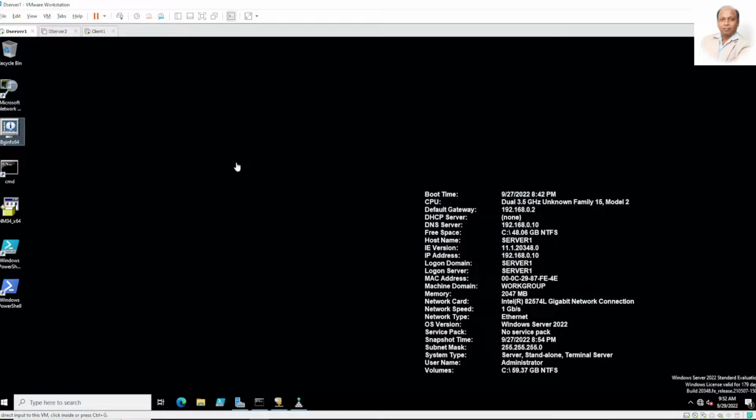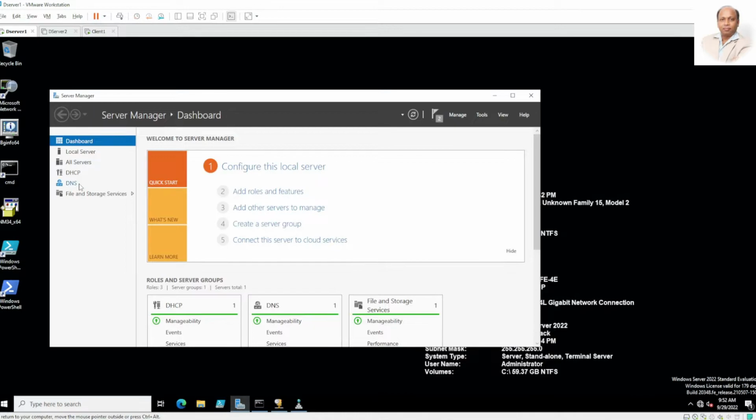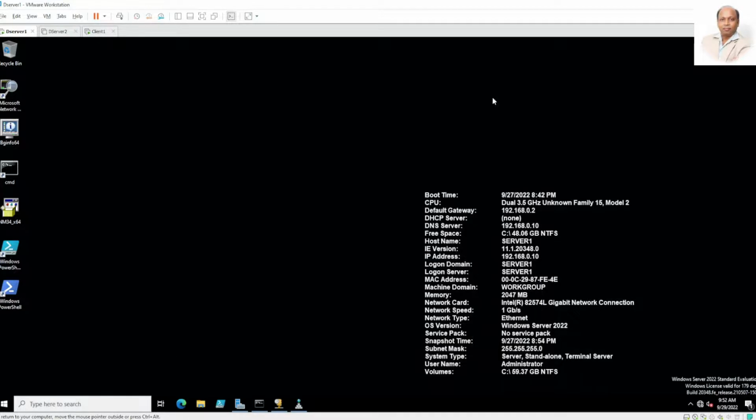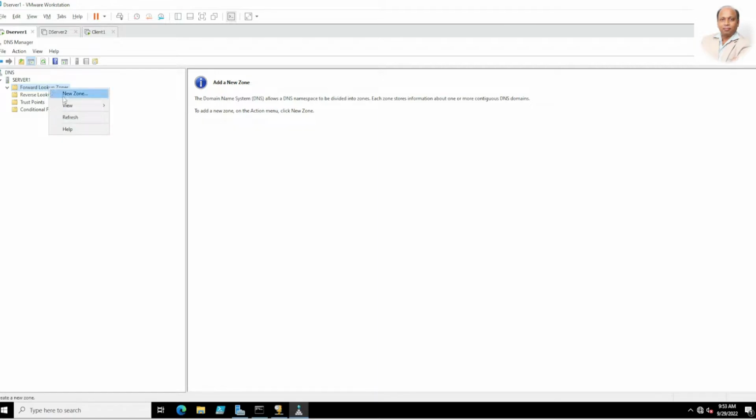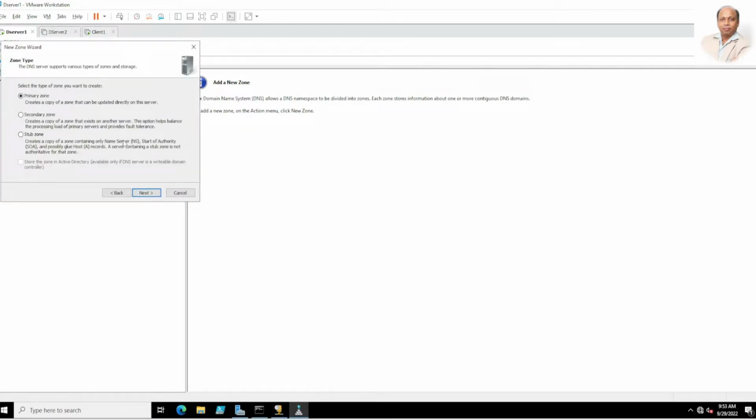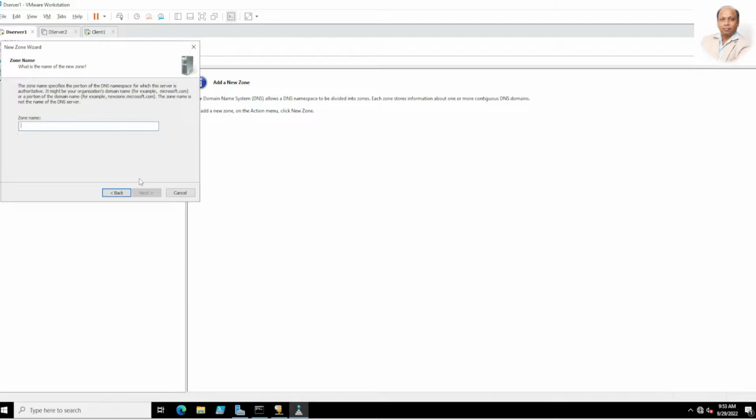Let us start with the DNS server. Here we have built this DNS server, and the role is already installed, and you can see here in the Server Manager. So let us open the DNS console. Let us create one new zone. So we are going to create a zone for our company,